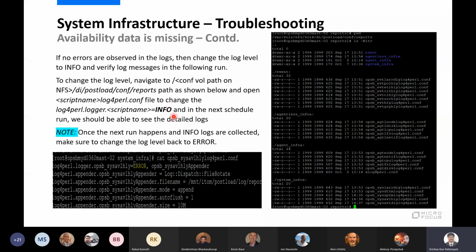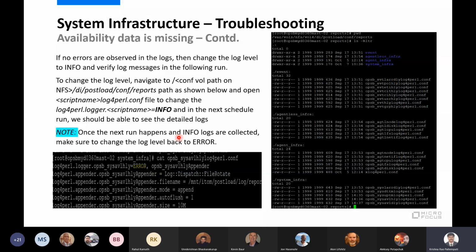Once we get that information in info mode and find out the root cause, we need to change back to error mode, so that your log does not keep on increasing. Sometimes we observed in a lab that it is stuck in this area, so we can check that part.